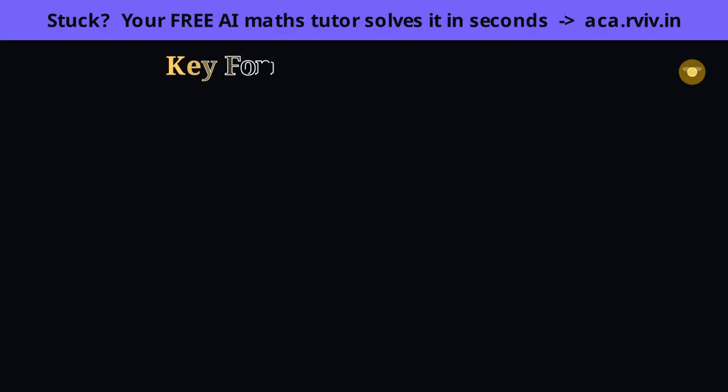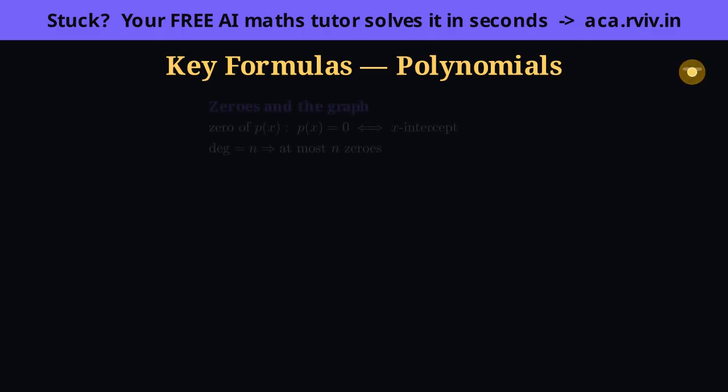A zero is where the curve meets the x-axis, because a zero means height 0, and height is 0 only on the axis. A degree n polynomial has at most n zeros, because it has at most n factors and each factor gives one zero. For a quadratic, expand a times (x minus alpha) times (x minus beta) and you find the zeros add to minus b over a and multiply to c over a. That's where both relations are born.